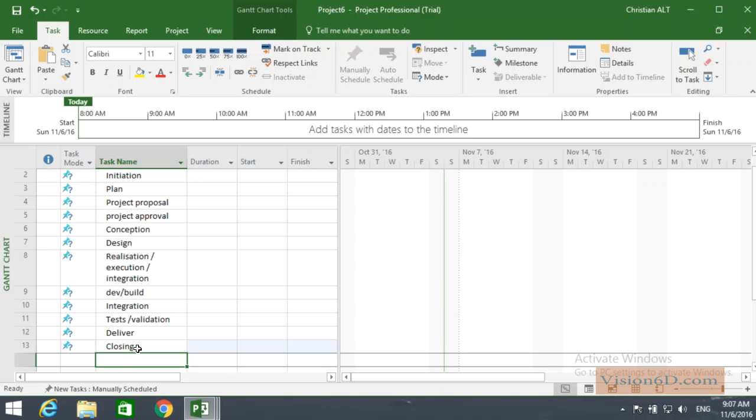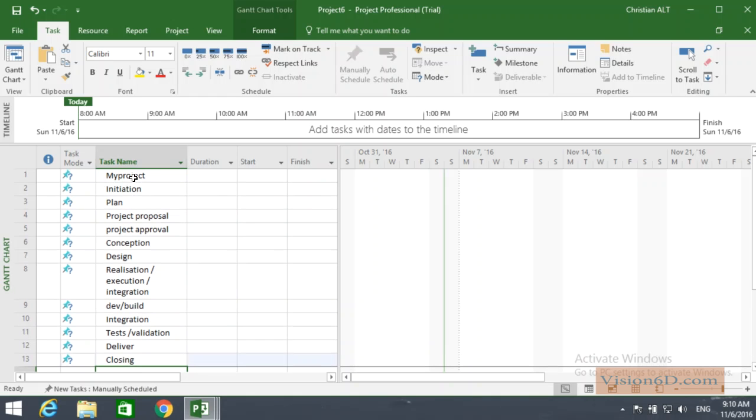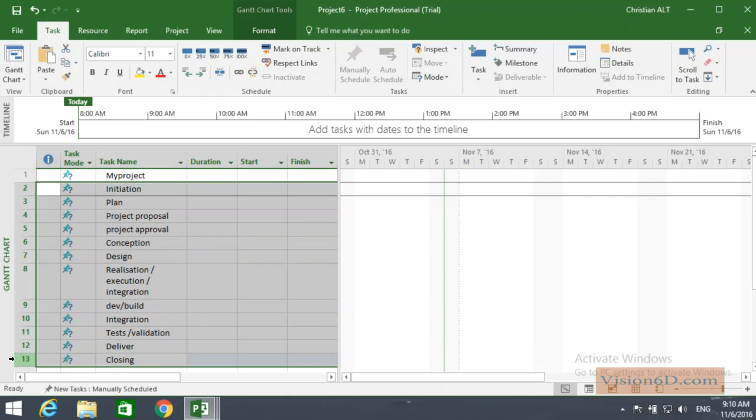Once this is done, we are at the end of a project. It's a good habit to include a closing task where you summarize what happened during the project. We see now all the tasks that will be in this project. You see one thing, we have at the top my project. So what I want to do is to say that all those tasks down here depend on my project or constitute my project. To do